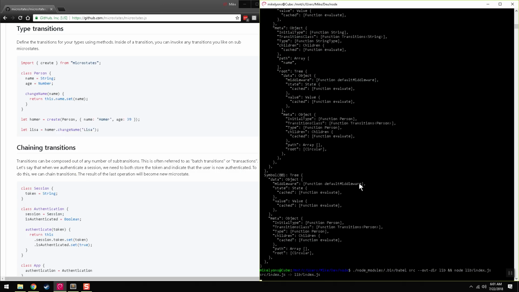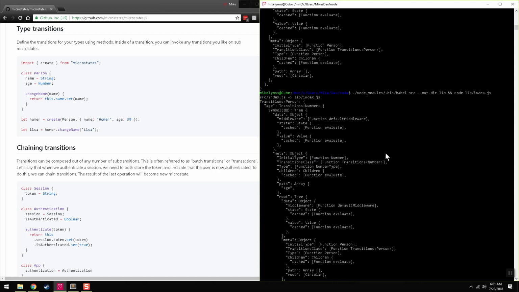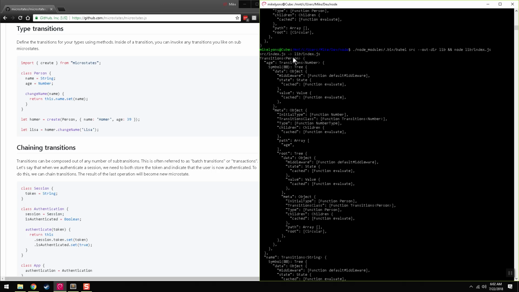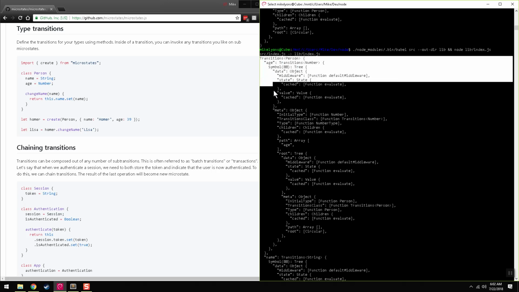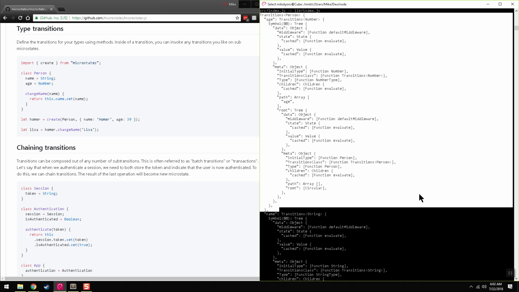All right. What is all this junk? Okay, scroll to the top and let's start reading it from the top. Okay, so the first thing that we printed was Homer. So when we created Homer, we got an object of transitions of type person. Is that what this is? Appears to be. We got age. We got name. Age transitions on number, and it's keyed by a symbol, and then there's a tree, and I'm